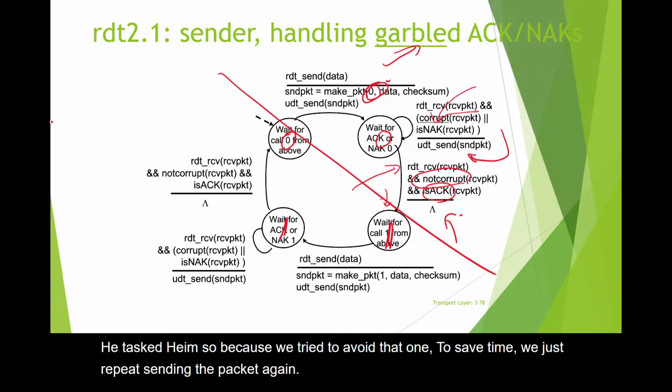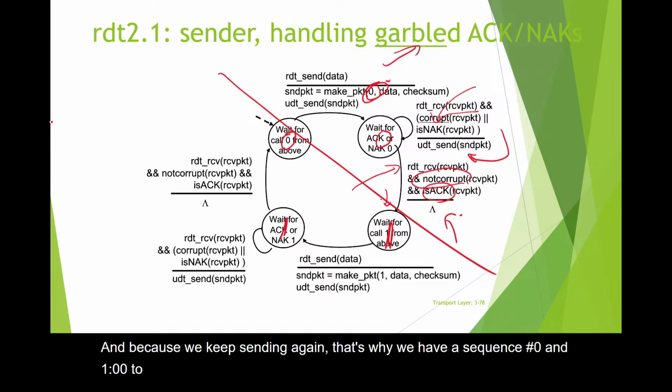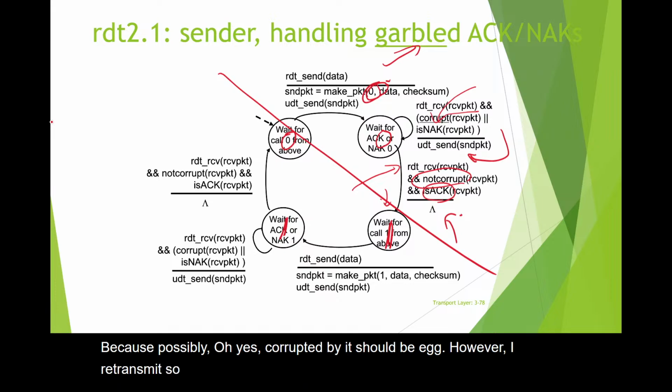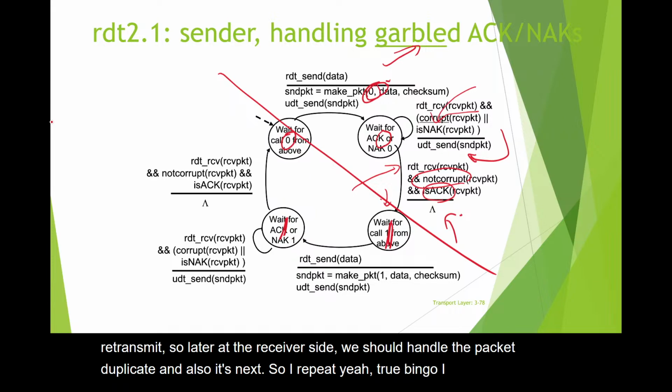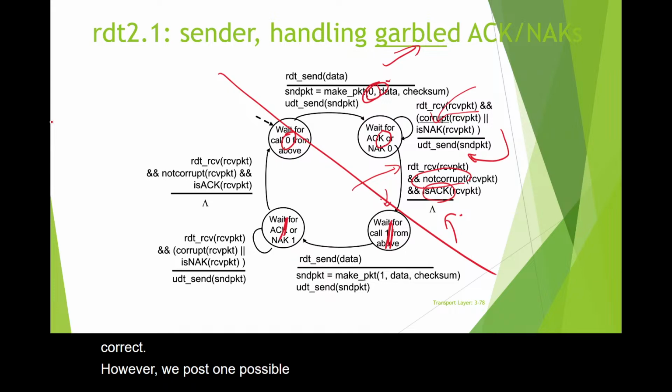And because we repeat sending again, that's why we have sequence number 0 and 1 to tell later by the receiver. Because possibly, oh yes, corrupted, but it should be ACK. However, I retransmit, so later at the receiver side, we should handle the packet duplicate. And also it's NAK, so I repeat, yeah, it's true, bingo. I repeat, it's correct. However, we pose one possible issue to the sender. The sender needs to handle the packet duplicate,